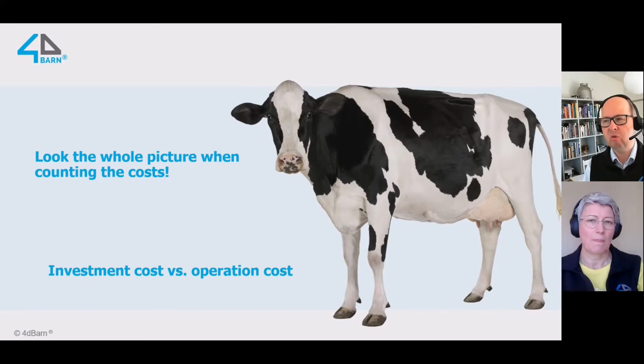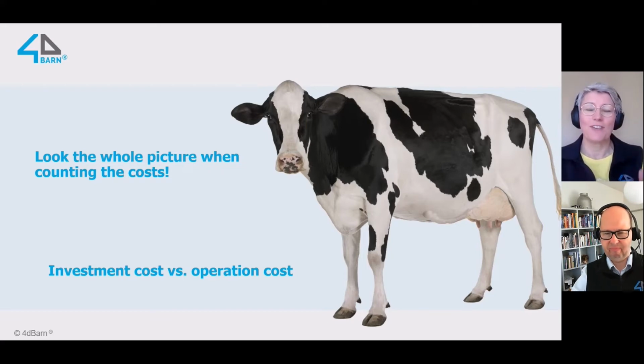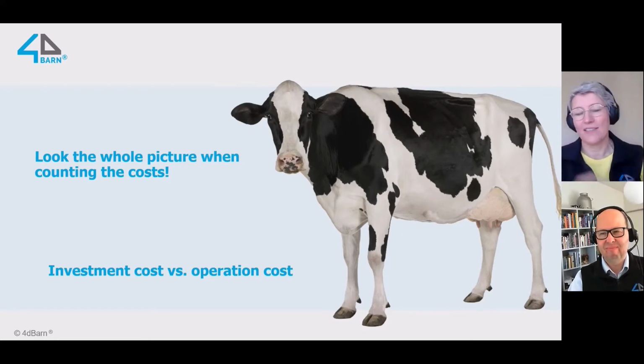But operation cost comes every day, every single day, every single year, and when you really look at that, investing in things which will decrease operation cost is a very good way of doing business. You're right. Well, I guess once again there are no right or wrong answers. You just have to figure your numbers, do the math, do the calculations,